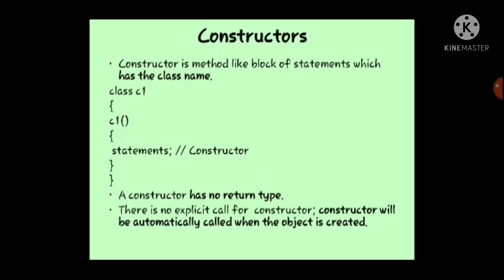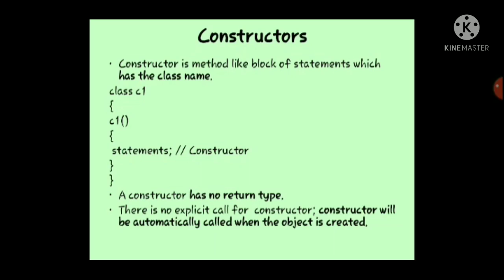When you understand clearly the concept of classes and objects, we can understand constructors easily, right? So what's a constructor? A constructor will look like a method. What is a method? A method has a header followed by a block of statements within curly braces, right? The same way a constructor can also be created. The difference between a method and a constructor is that a constructor will have the name of the class. A method can have any name, but the constructor will have only the name of the class. That is the first thing to be kept in mind.